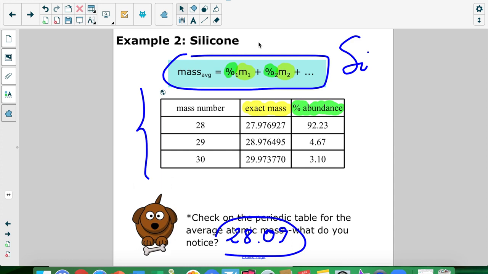So if you want to calculate the average mass, okay, remember you do the percent abundance of the first isotope as a percentage, so it's going to be 92.23 over 100 times the mass of that one isotope, so times